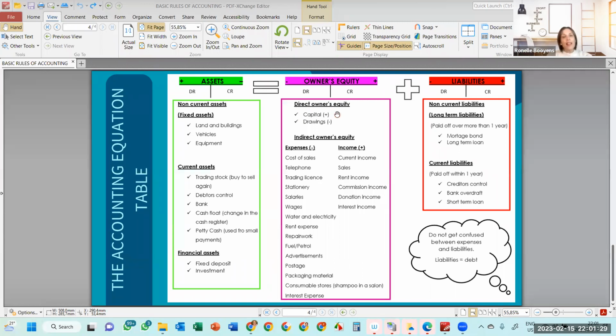And do you agree that when the owner gives money to his business, the capital in his own business is increasing? The owner's capital contribution in his own business is increasing every time the owner contributes capital or money to the business. It needn't always just be money. The owner can also contribute equipment or anything else, but mostly on grade 9 level, we work with money that the owner puts into his own business.